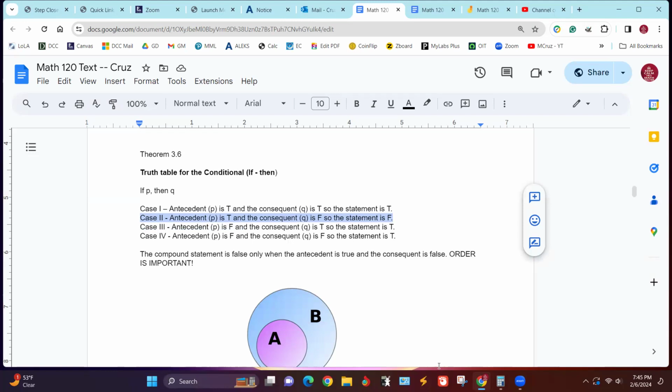And the reason is because you can see in this illustration, from chapter 2, about a proper subset. And remember, a proper subset is when you have a smaller set that's fully contained within that larger set. And the relationship between these two is, if A is a proper subset of B, then it means if it's in A, then it's also in B.